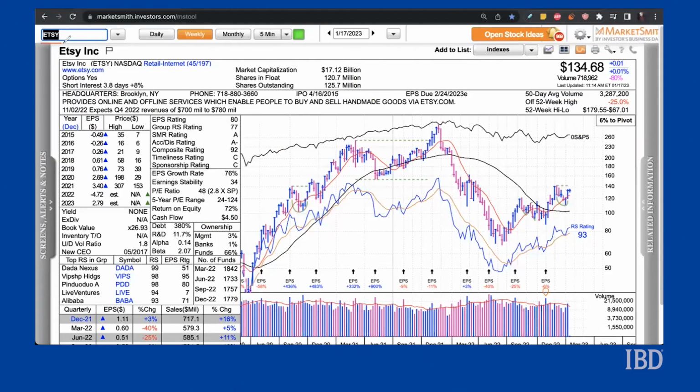Looking at Etsy on MarketSmith, shares did quite well in the second half of 2022 after falling over 83% in the first half of the year. A strong comeback thanks to better earnings pushed the stock higher, and it was able to recoup much of its losses. Shares have now formed a cup base with a 142.63 entry, and the stock is trading just 5% below